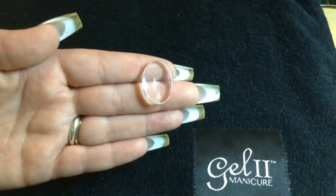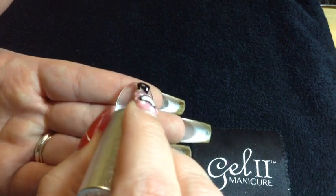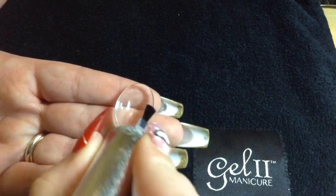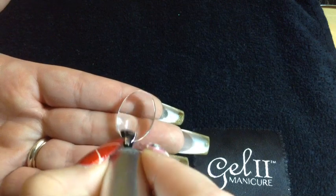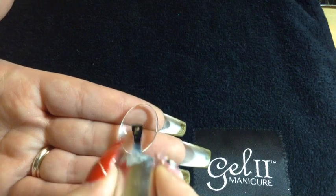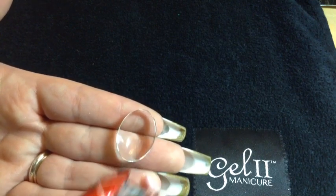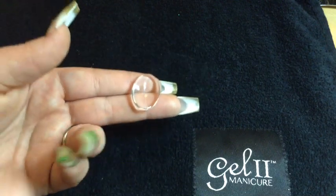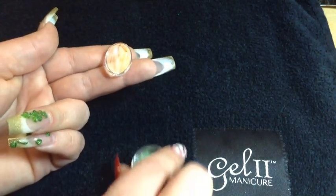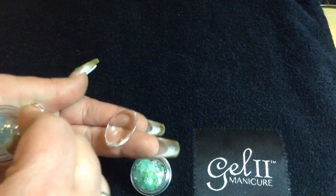So after I've cleaned off my cabochon with some isopropyl alcohol, I'm just going to go in and top coat, making sure I cover the whole back of the cabochon. Now this time, before setting the top coat, we're going to take our Mylar and we're just going to place little pieces